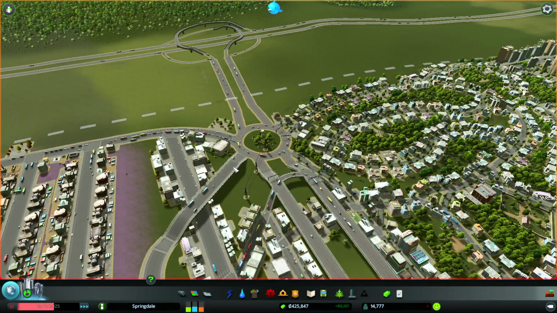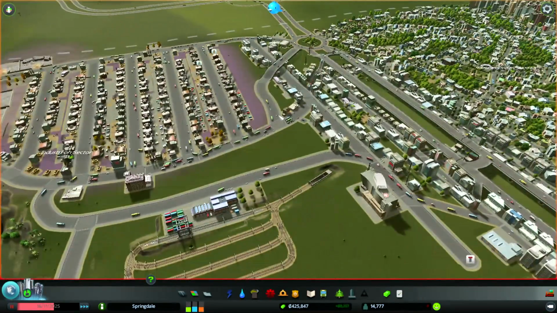I'm thinking maybe if we took this whole thing here and pushed it underground, turned it into a tunnel, and then brought it back up around here and allowed it to connect here and here. Actually, connecting here and here wouldn't be the best. Maybe bringing it over to here and connecting...